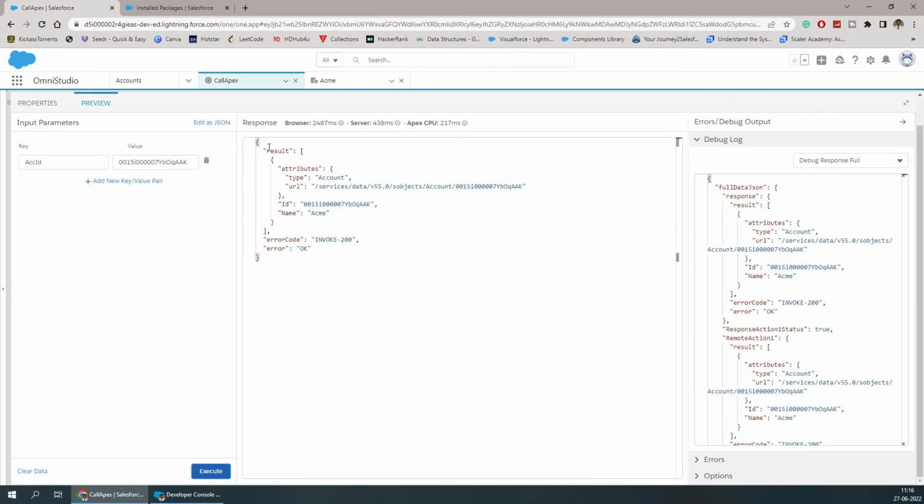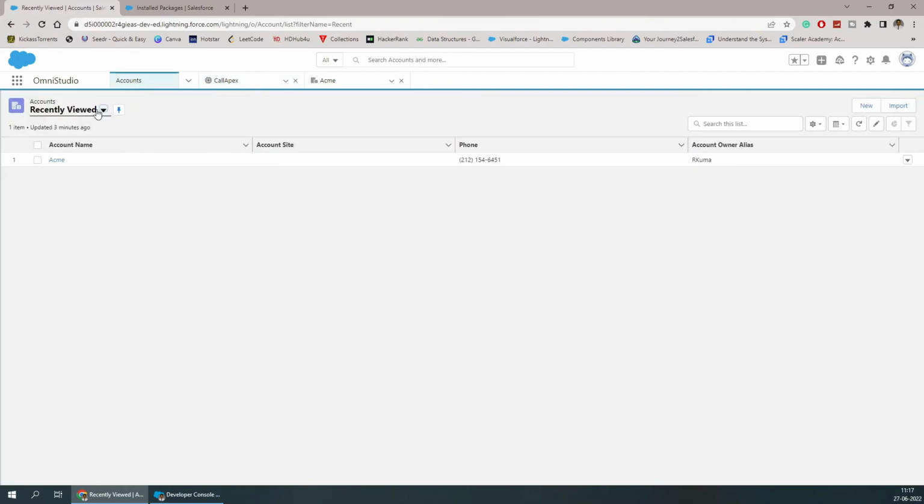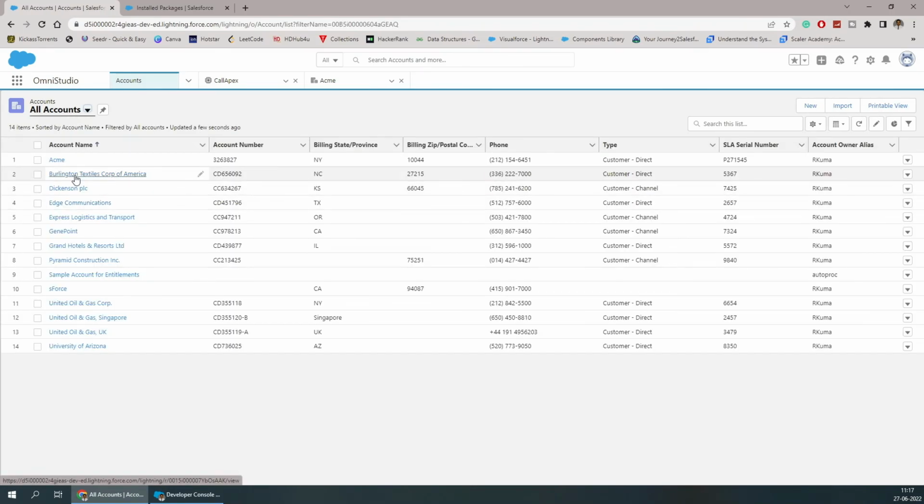Now you can see that it is returning the details of that particular record, that is the Acme, that is what we have configured. And if you try to change this value from this input parameter, it will give us a different result. So if I go to the account and query some other account, I will open this,